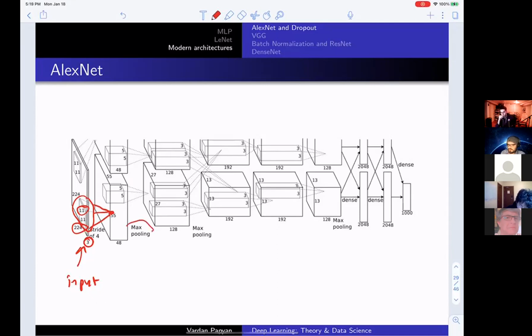Then they do max pooling. So in the max pooling, they take a window of size 5 by 5, right? And replace it by a single neuron. After the max pooling, they have,